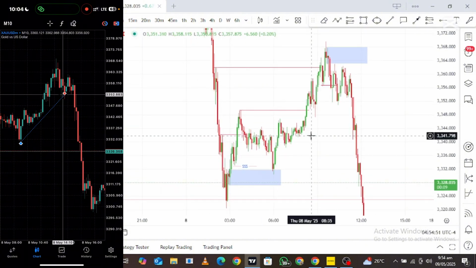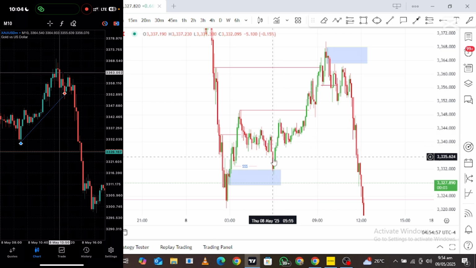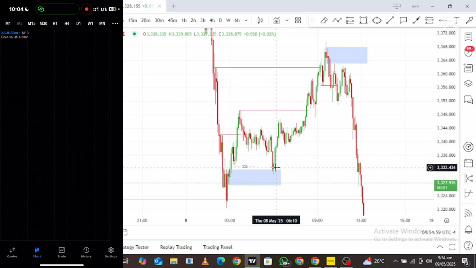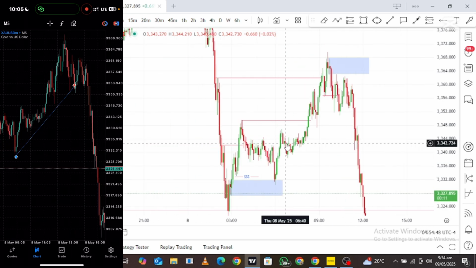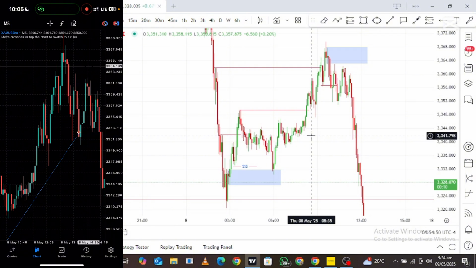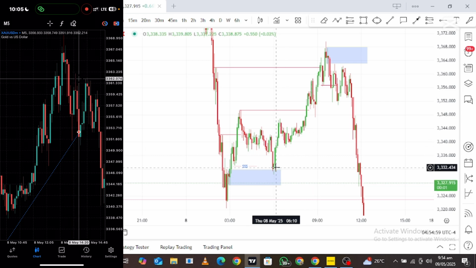That's the reason why I closed the market, because price had already changed direction and was going in a bearish direction. So I was expecting price to take out this particular high right here. Let me go to a 5 minutes time frame so you guys can understand much better. Okay, so I was expecting price to take out this particular high so I could sell the market using this particular order block, but price did not do that, even though price ended up changing direction.